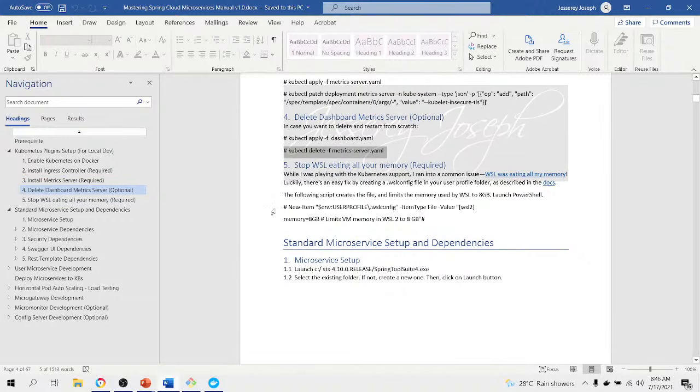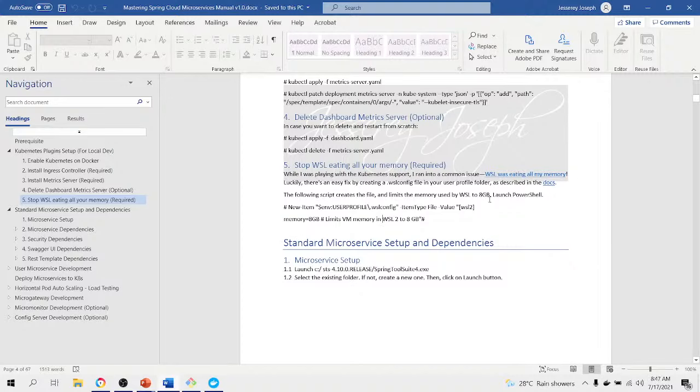Don't forget to set the exact gigabytes of memory for your Docker. If you don't, you will experience performance issues on your Windows laptop. It is possible that you cannot access Windows anymore, unless you shut down the laptop and then restart. Okay, something like this. This script file, you have to execute this. Set the limit from 2 gig to 8 gig instead of unlimited. Without defining the memory limit, Docker will consume the whole memory inside your laptop. You will run into a common issue because Docker was eating all